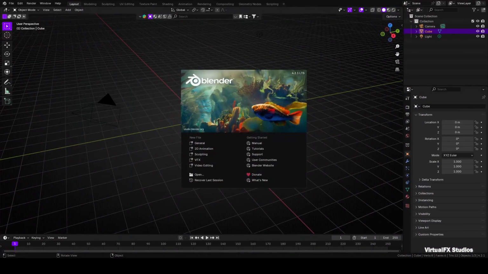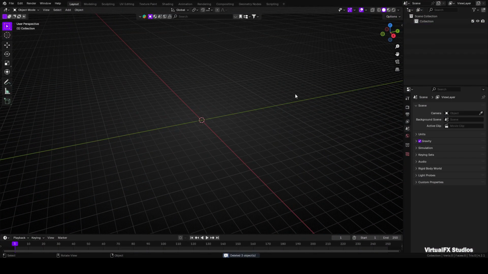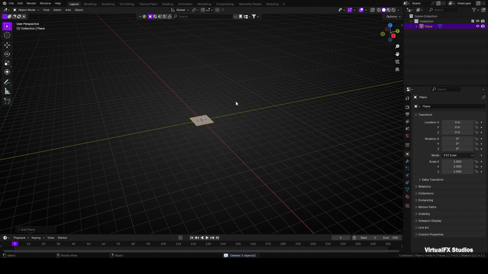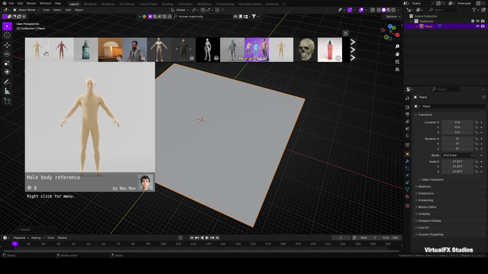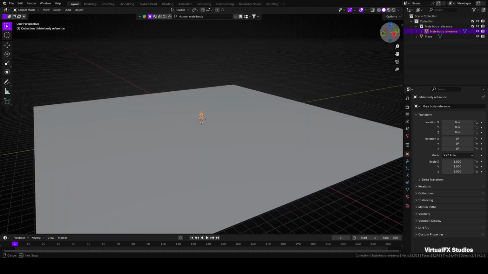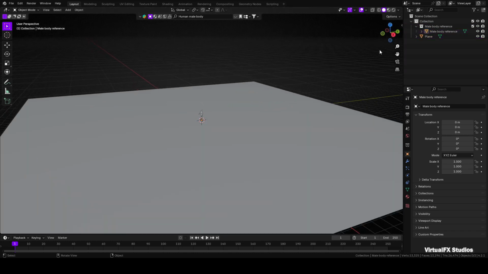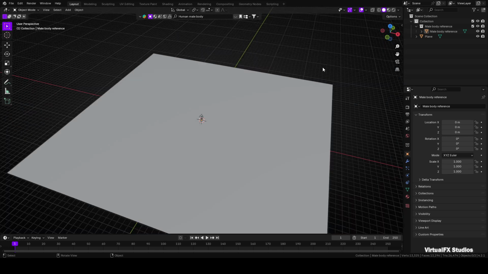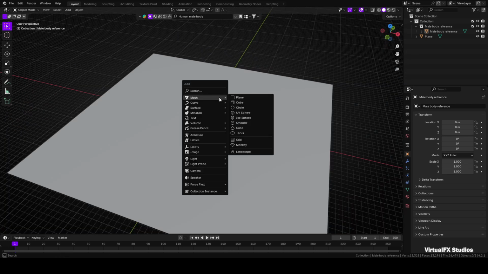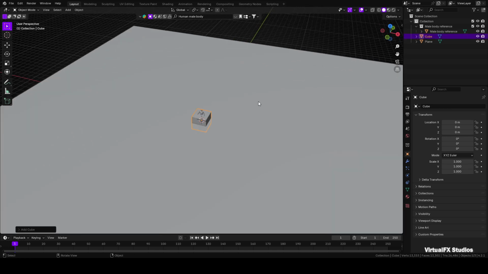First open Blender 3D, select the default cube, camera and light and delete them. Then add a plane. After that, go to BlenderKit and search for a human male body and simply download a 3D model. This will give you a good idea of the scale for the rest of the scene. As you can see, we now have a human in the scene, which helps us see how large the rest of the scene should be. So we'll set the size accordingly.